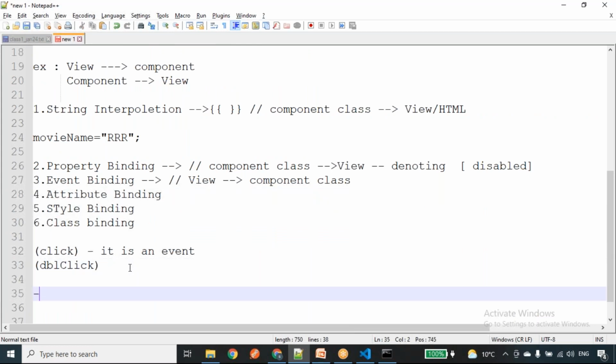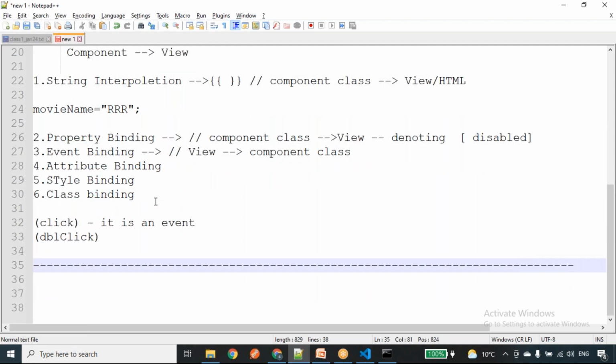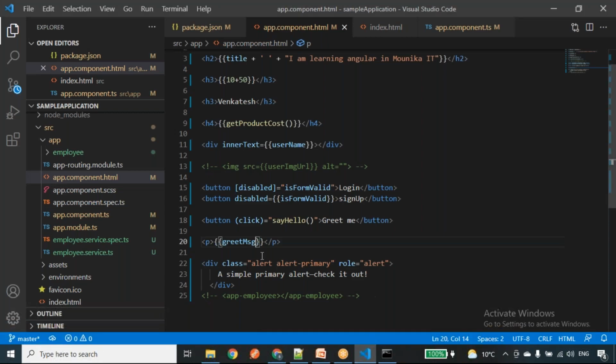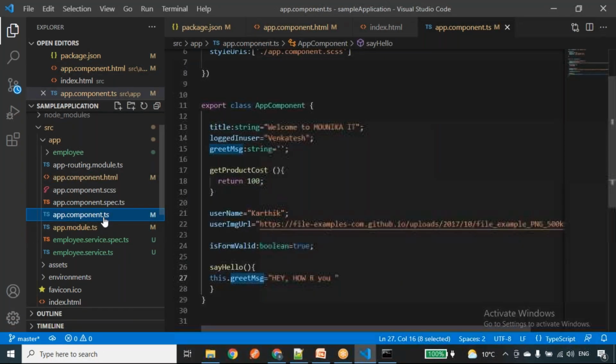Guys, any doubts until here? Until one-way data binding. Variable after exclamatory symbol, we do not consider the quotation, right? Can you repeat your question once again? Greet message, after we put the exclamatory symbol, we do not consider the single quotation.